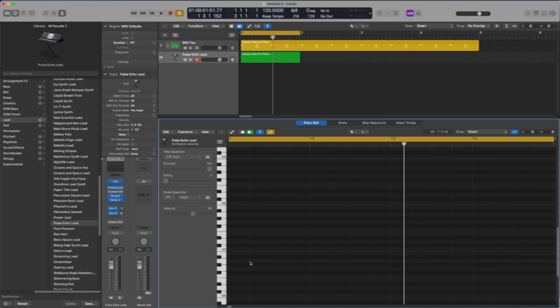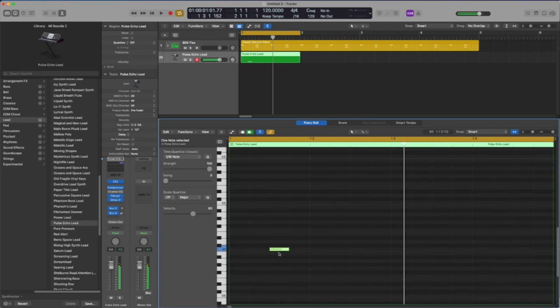I'm interested in the first quarter of the bar and the third interval in that, which is here. And if you get this wrong, you'll hear it when you play it. So let's just put down a bass note there. Then I'm going to go to the third interval in the second quarter of the bar. And the third interval in the third quarter should be there. And the same for the fourth quarter of the bar. And if you listen to that,